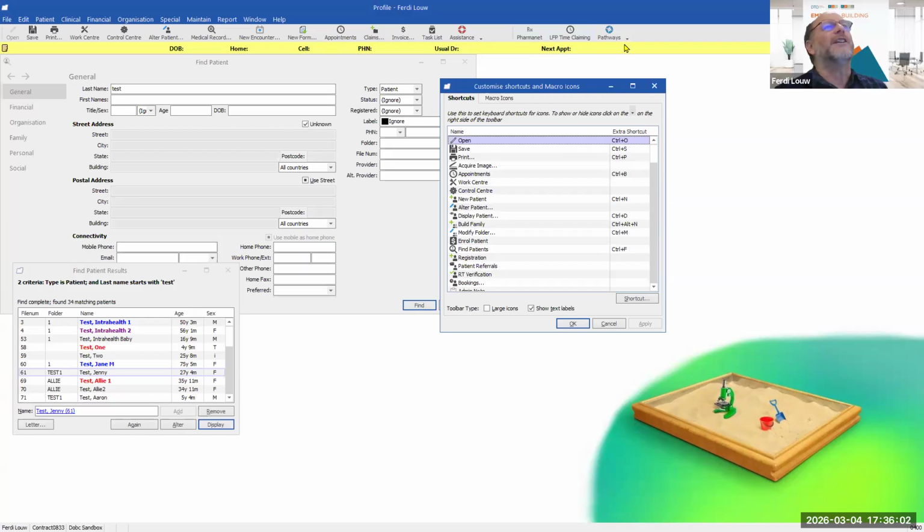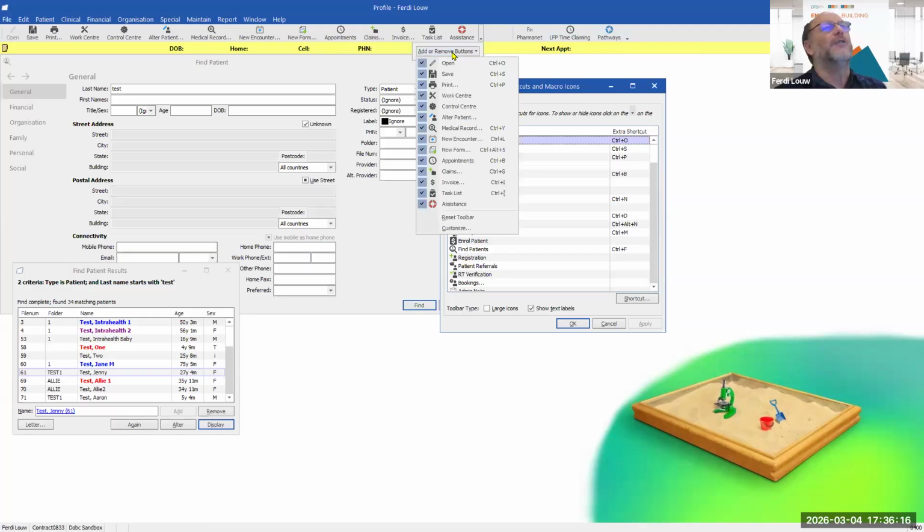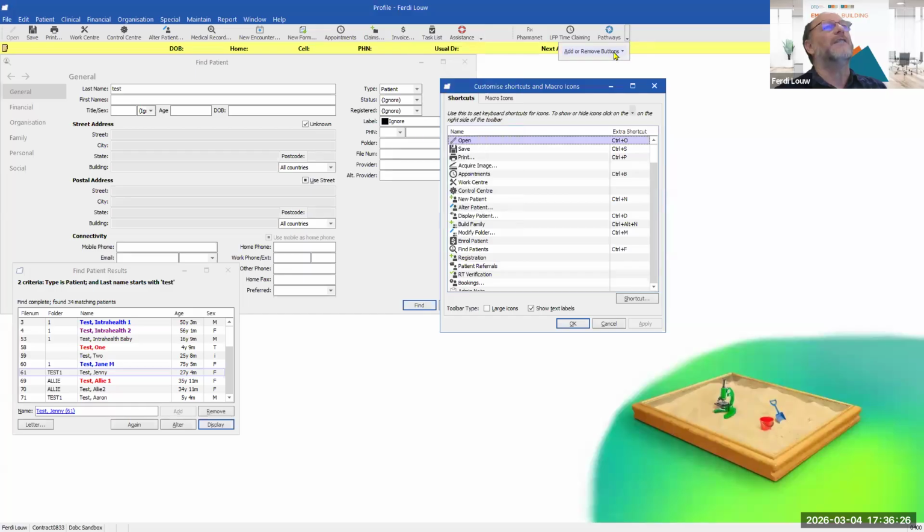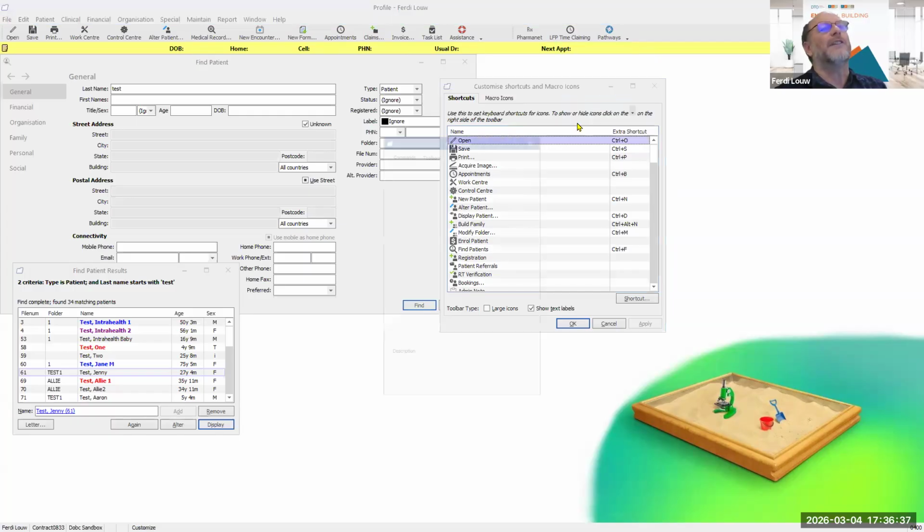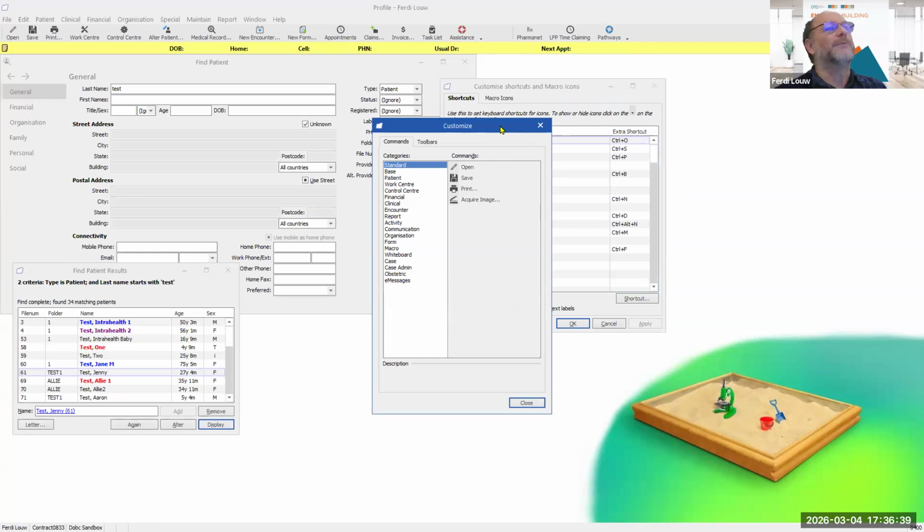The down arrow on the right side of the toolbar, in my case, is there. There's also another one there that I can use. If you click on that, you get an option, add or remove buttons. That is actually where you're going to edit your toolbar. Looking at that, it shows me what options I've got on this toolbar, and then I can customize it. The same way on this toolbar here, if I click there, it shows me which items I've got in this toolbar. What one can do is switch them on or off, or customize to add whatever you want to add.